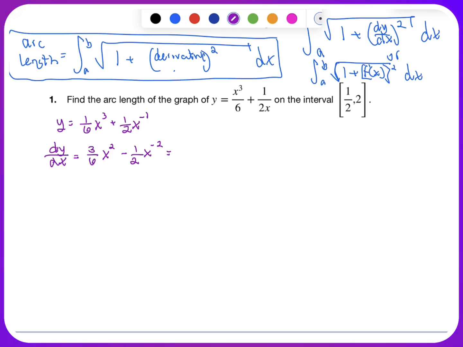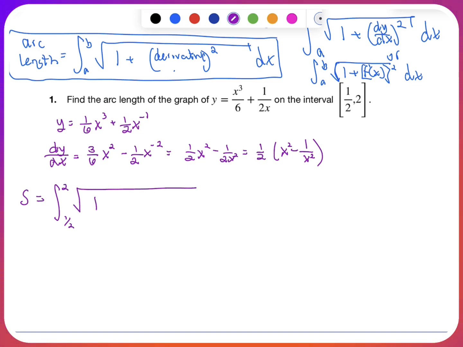So just simplifying that down. And if I wanted to, I could also factor out my GCF here to get this expression. So that's my derivative function. Now I'm going to find my arc length by taking the integral from 1/2 to 2 of the square root of 1 plus my derivative, so that's 1/2 quantity x squared minus 1 over x squared,